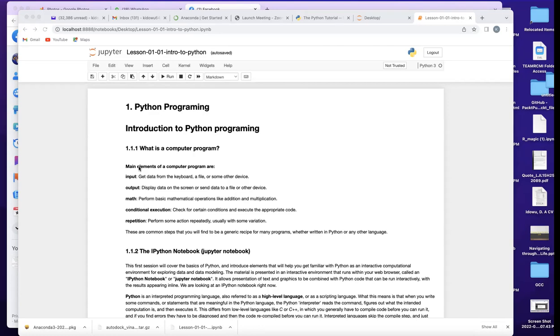Your voice is your input to Siri, and Siri responds to you. Hi, how are you? Whatever question, it responds back. That is the output, and that is how a computer works. So in the Python programming language, we have different forms of